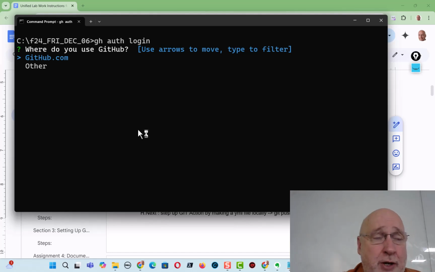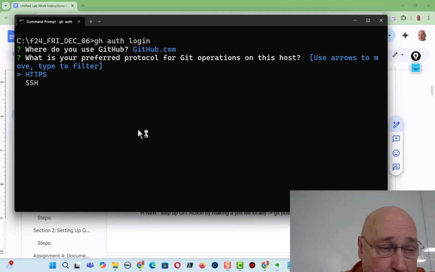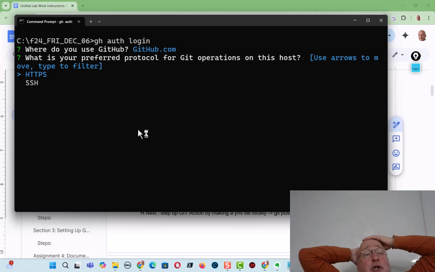Give me your attention. I want to synchronize to GitHub. Now, why they have the option of other, remember what I said, a lot of companies set up their own internal GitHub server, for privacy, security, and all that. We're just going to the public one right now. And we're going to be using HTTPS, which works with PAT. Secure Shell,